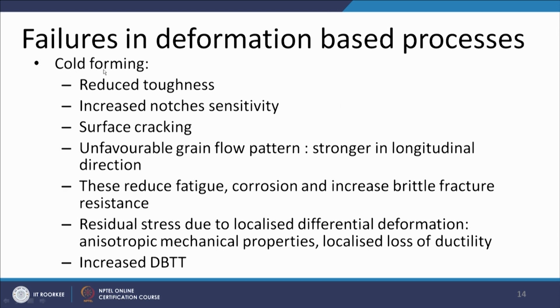Like if the product is produced by cold working or cold deformation based processes, then the fracture can occur due to the limited toughness or poor toughness, and due to increased surface cracking. Surface cracking especially happens when the material has limited ductility, or the extent of the reduction achieved in one pass is too high, then excessive surface layer deformation can promote the surface